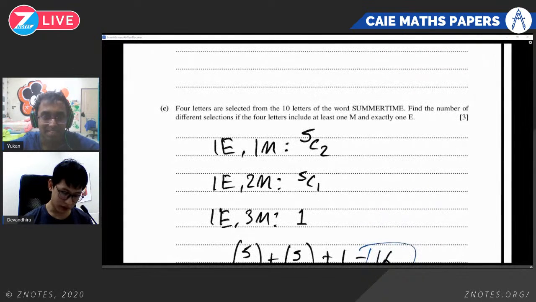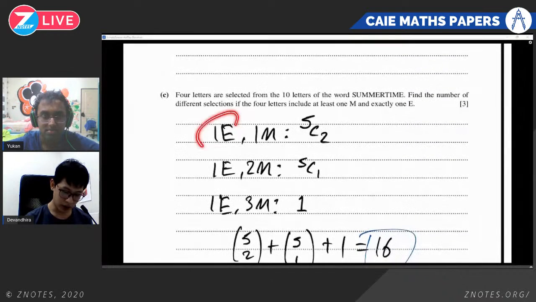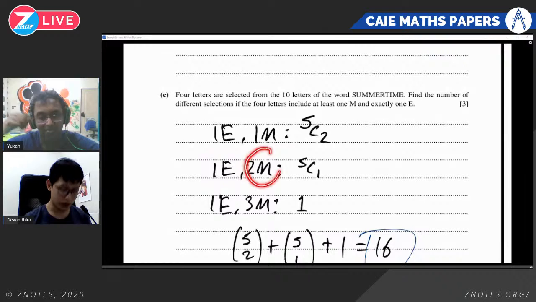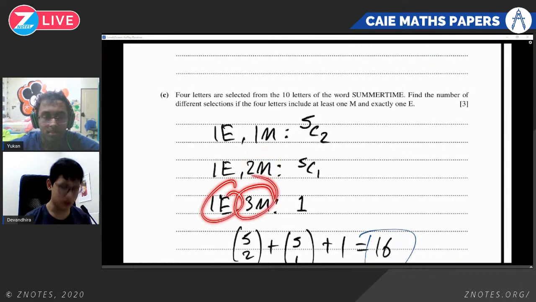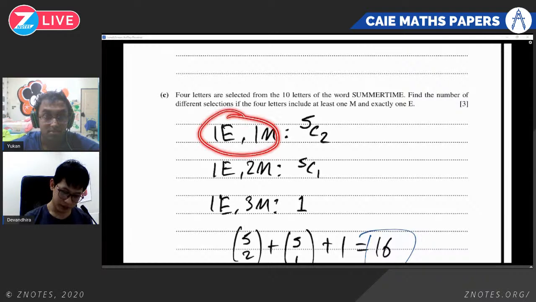4 letters are selected from the 10 letters of the word summertime. So out of the 10 letters, take 4. Find the number of different selections if the 4 letters include at least 1 M and exactly 1 E. So we can split this into three cases: when there's one E and only one M, one E and of course two M's, and one E and three M's. Correct? So for one E, one M,